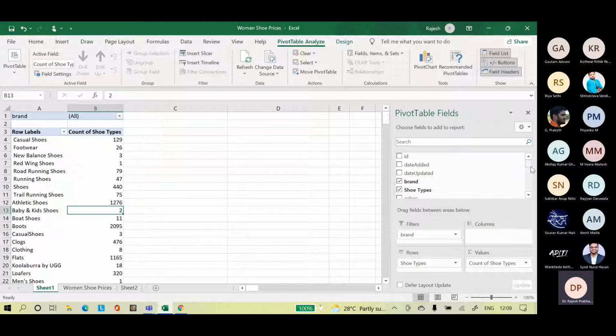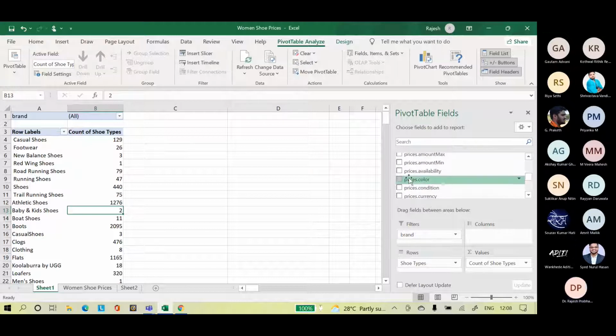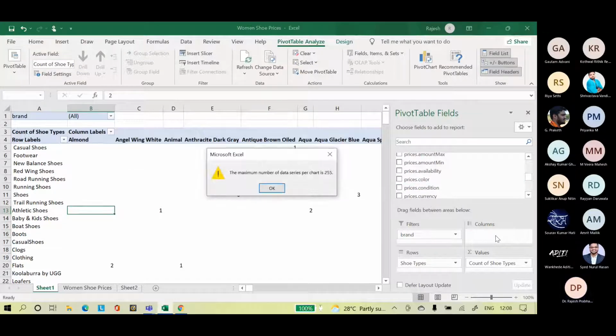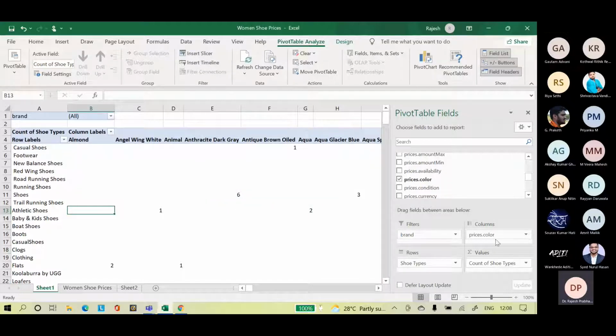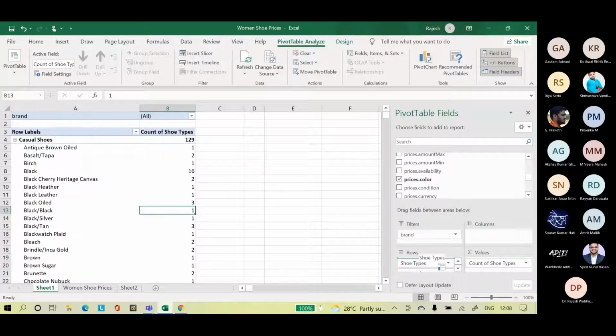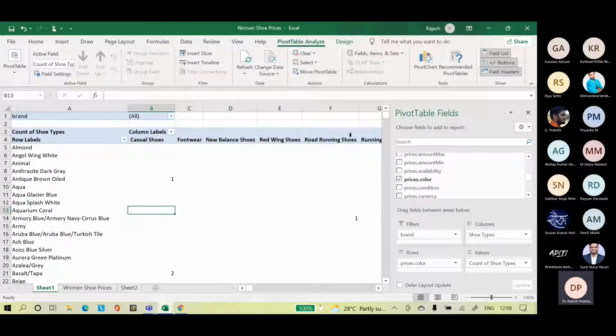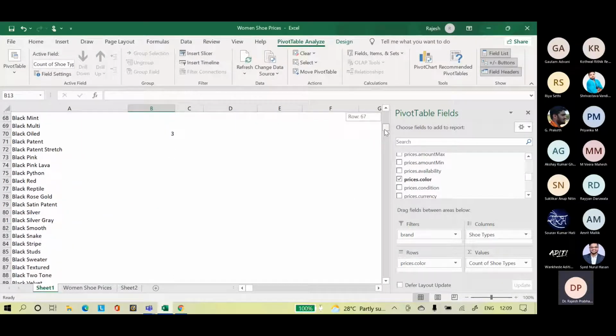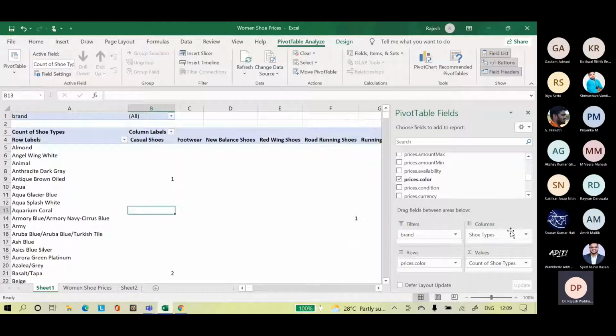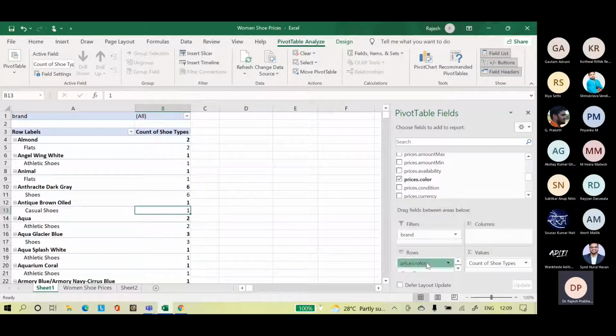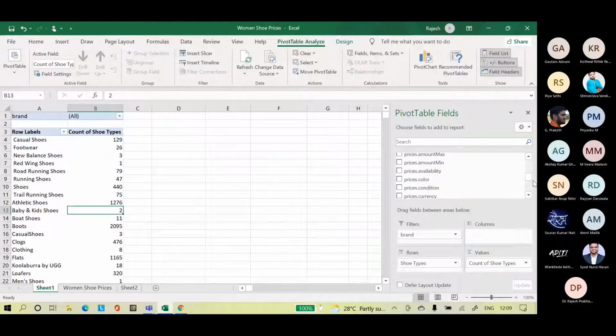So color availability, because it is unsold, we can't give the color, or the price color is there. So price colors there are many, but not of use. Again, it needs to be cleaned up.